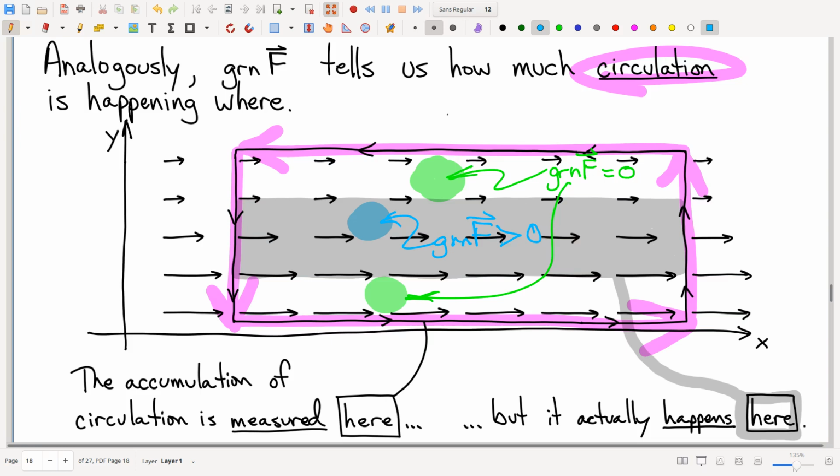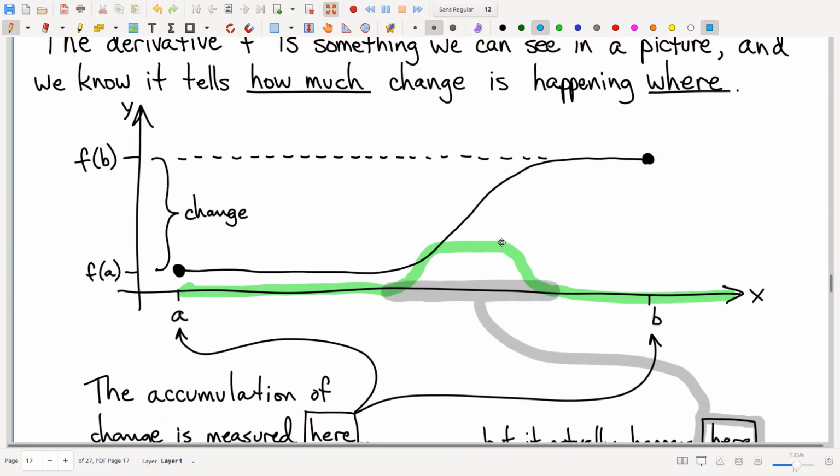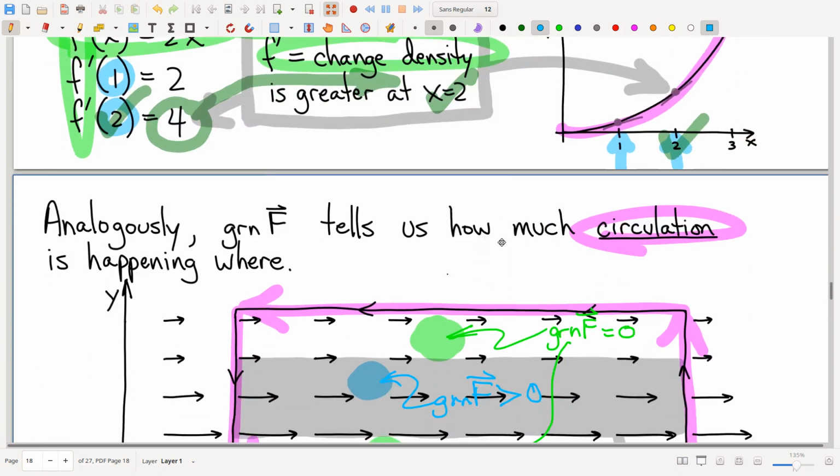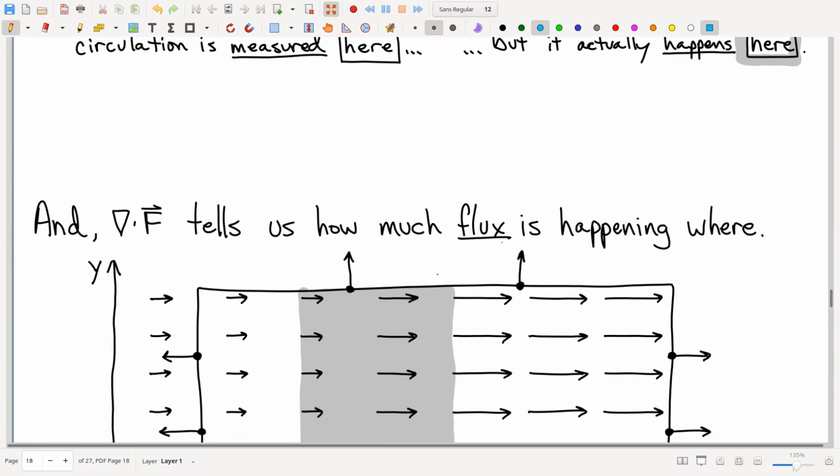Just like the derivative tells us, there's no change happening over here, and there's no change happening over here. The change is all happening right here. Okay, now totally analogously